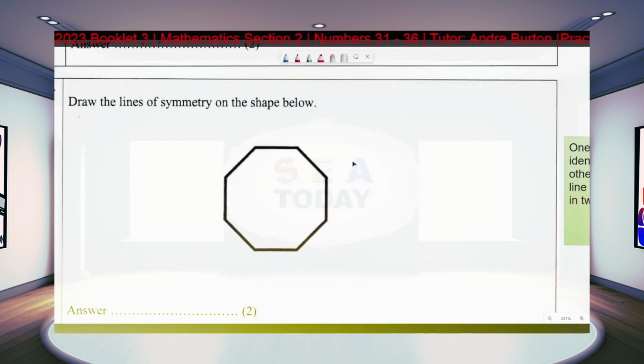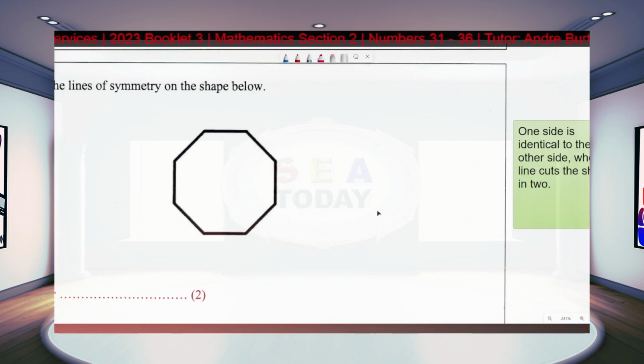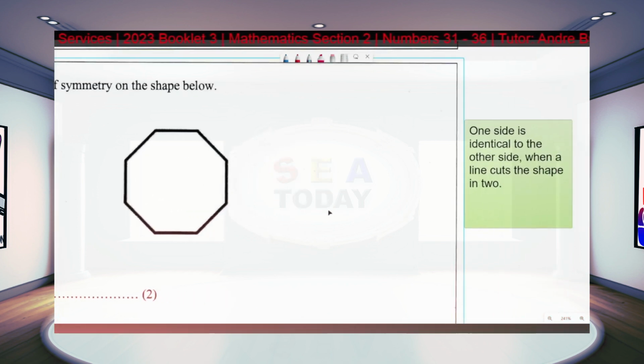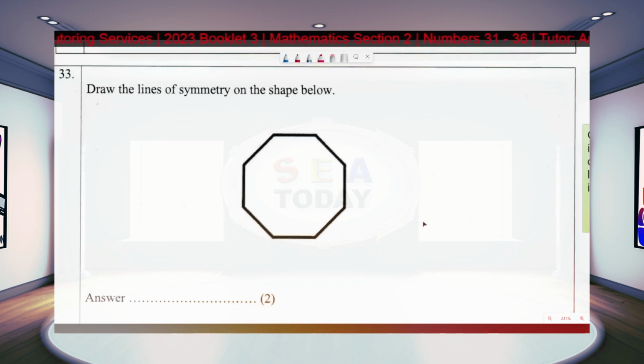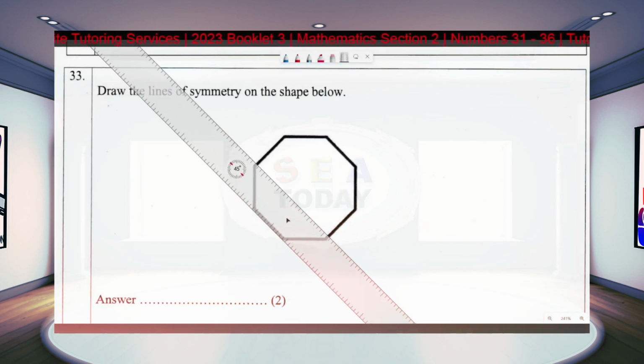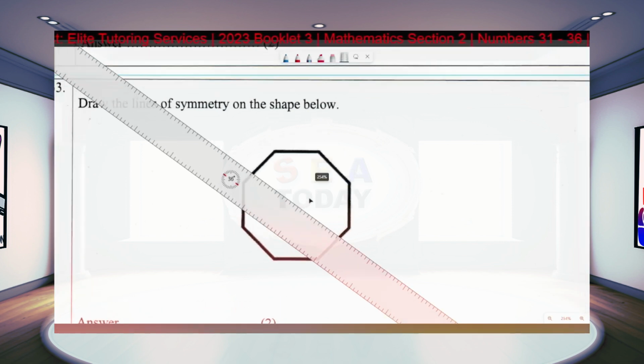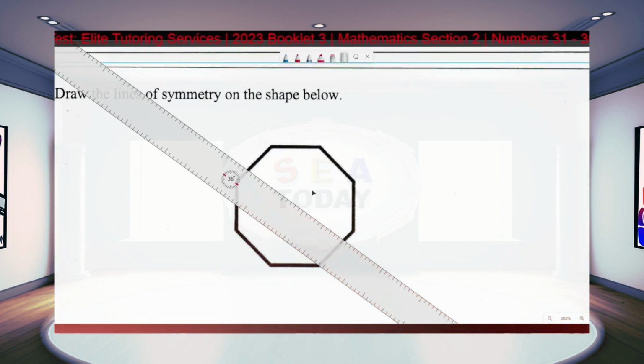Draw the lines of symmetry on the shape below. So we're going to use our ruler to draw these lines. And what is symmetry? When we draw a line of symmetry, one side is identical to the other side. Right? So when the line cuts the shape in 2. So we're gonna do that. We're gonna bring our ruler, line up our lines of symmetry. So the thing is that the